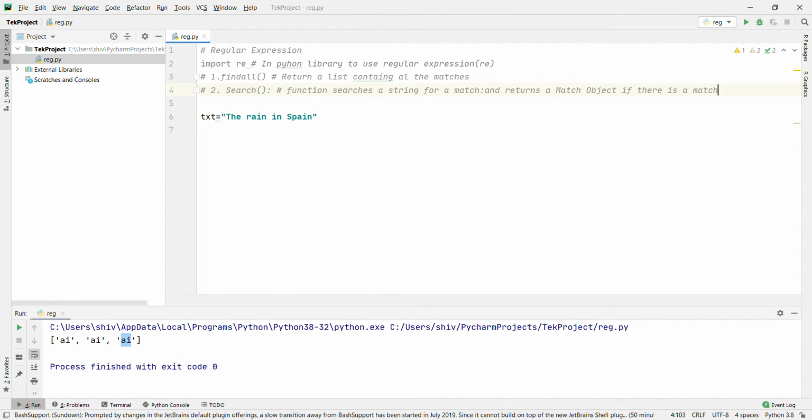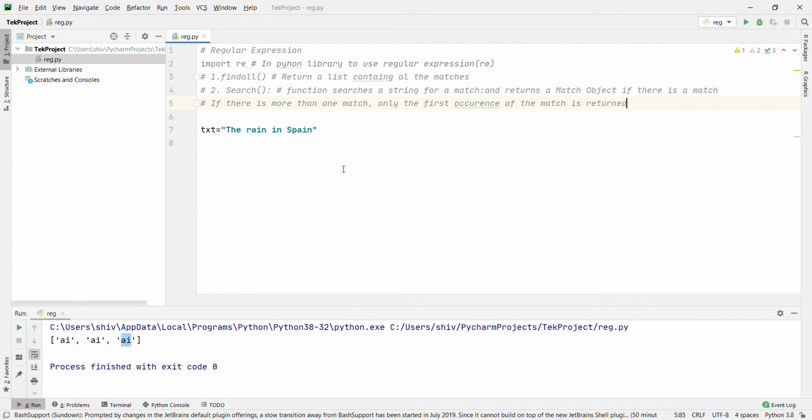If there is more than one match, only the first occurrence of the match is returned.